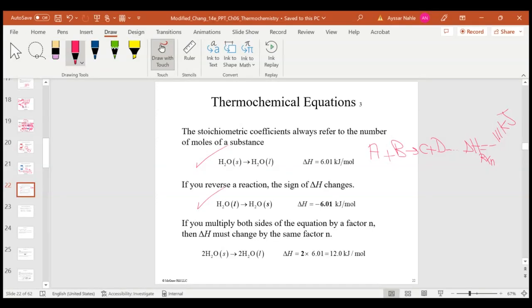Notice when you change ice, the water ice, into liquid, you melt it. It's an endothermic reaction because you have to put energy in. But if I want to freeze the liquid, then the delta H is going to be negative. That means I have to take the energy from the compound in order to get the molecules closer to each other. Okay, all right. Now, thermochemical equation is the main thing in this chapter,